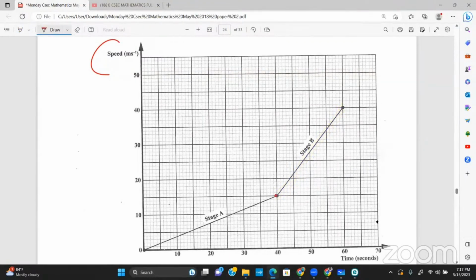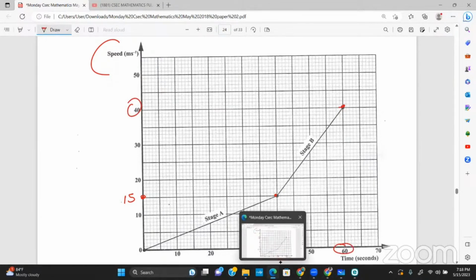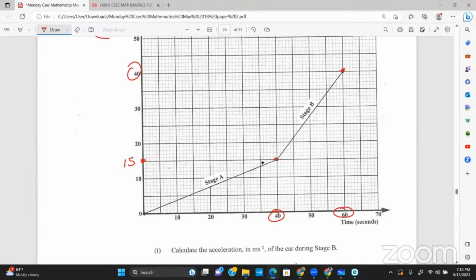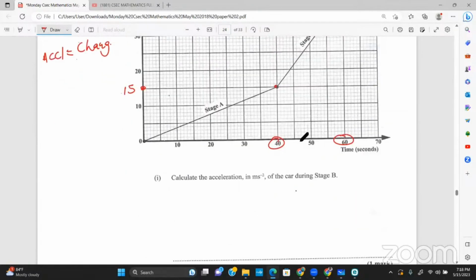So you want to take a note of this, which is this number, 15. You want to take of this, which is this number, 40, this, and this. So these are my points, right? So I wanna make note that acceleration is change in velocity or change. Where could I write this? Let me write it here. Acceleration is change in velocity or speed over the change